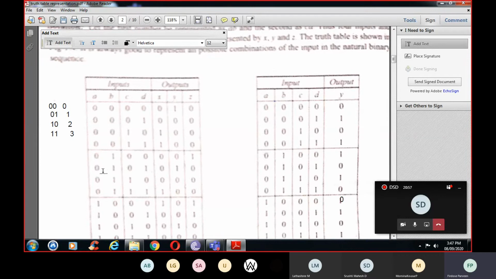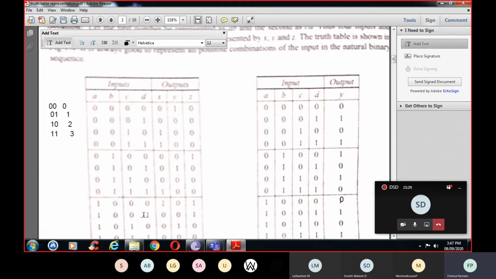Okay. So next, this is identical. Hence, the second output will be 1. Here again, this is 0, 1 means it is 1. 1, 0 means it is 2. This number is not greater than this number, so it will be 0. 0, 1 means 1. 1, 1 means 3. So this number is not greater than this number. So it will be 0. Here 1, 0 means it is 2. 0, 0 means it is 0. So 2 is greater than 0. So here it will be 1.